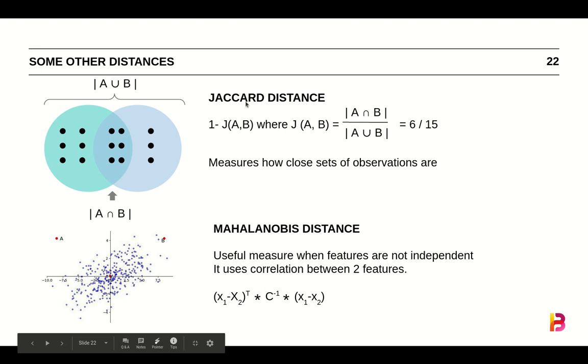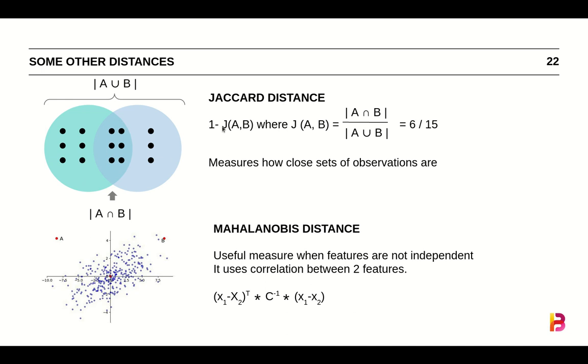Another interesting distance which is often used when you're trying to measure similarity between two distinct sets of data is called a Jaccard distance. It is measured as 1 minus a Jaccard's coefficient between those two data sets. So imagine the green data set and a blue data set, and they overlap. By intuition you would know if the number of points at this overlap increases, that means they are more similar. If these two circles overlap exactly, then all the points would be within the intersection. If these two don't touch each other, then there would be 0 points within this.